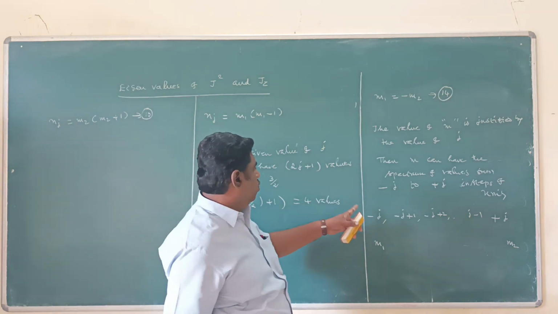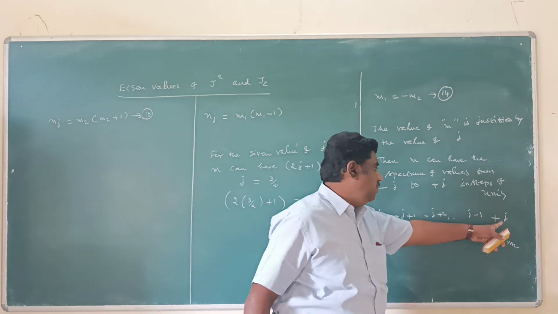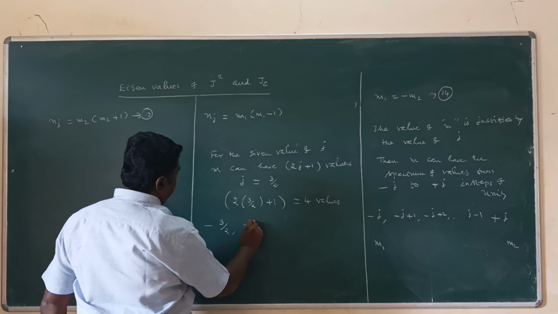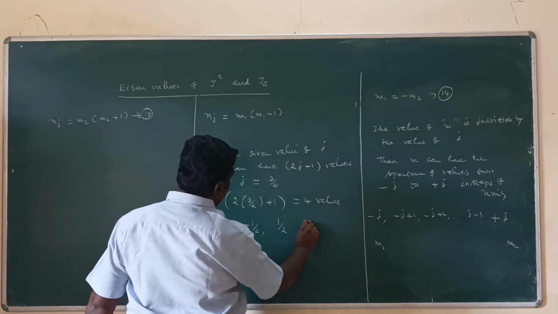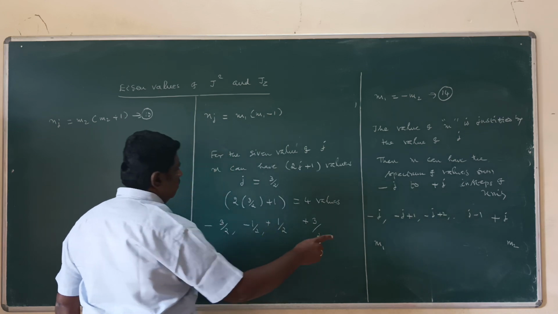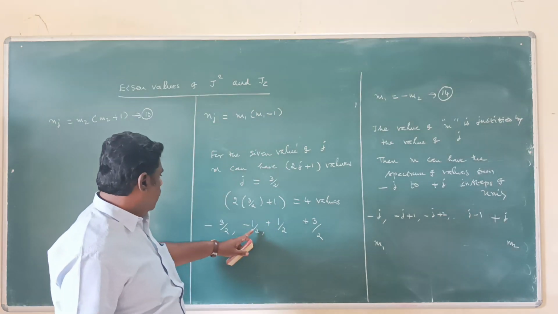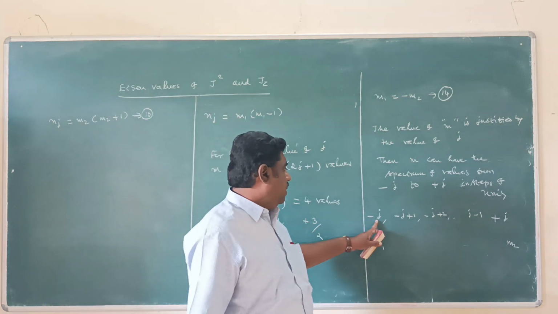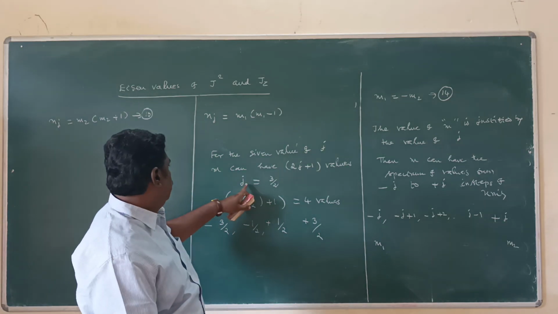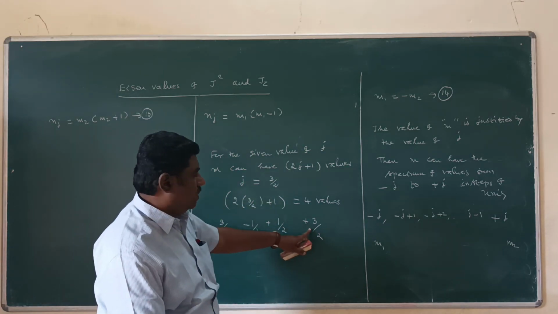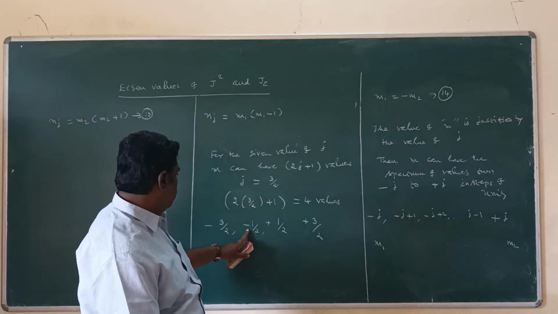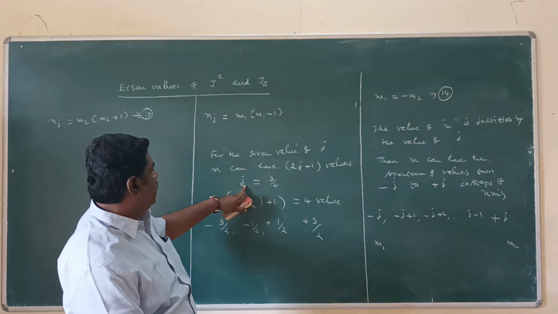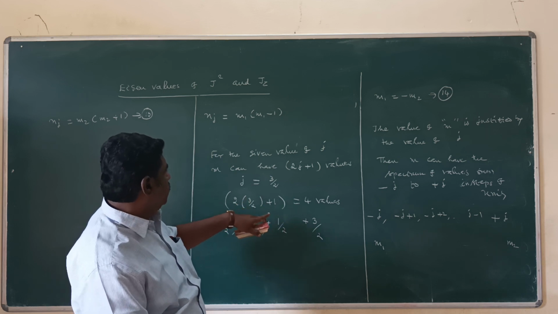Already we have pointed out the lowest value of m is minus j and the highest value of m is plus j. Then j equal to 3 by 2. So minus 3 by 2, minus 1 by 2, plus 1 by 2, plus 3 by 2. These are all the possible values of m. See here, one value is differing from another in steps of 1 unit. The lowest value is minus 3 by 2, the highest value is plus 3 by 2. Then the next value is minus 1 by 2, next value is plus 1 by 2, then final value is plus 3 by 2. For the given value of j, m can have 2j plus 1 values.